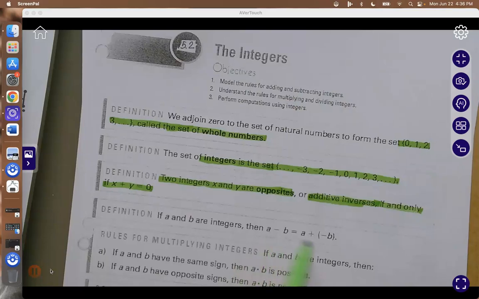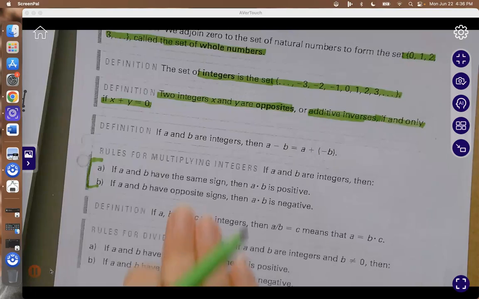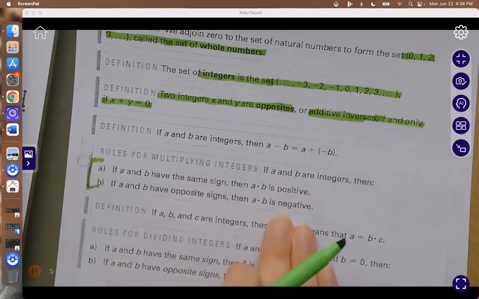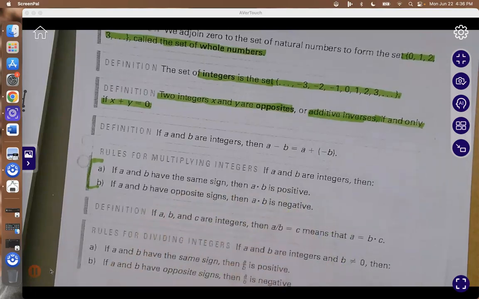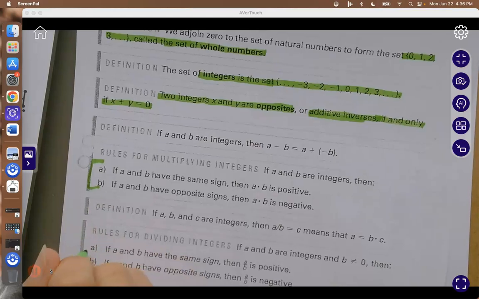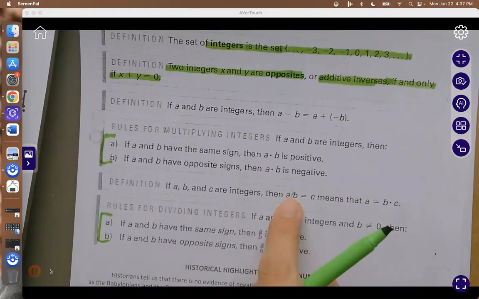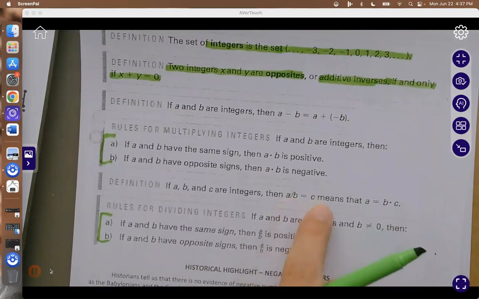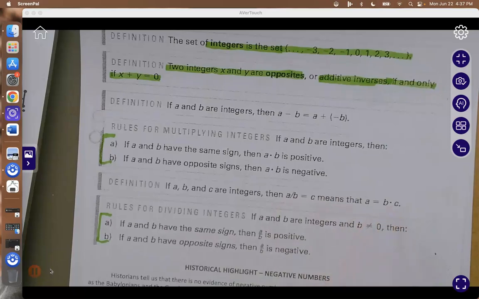When you subtract, it's like adding the opposite. These are your rules for multiplication. Some of you still haven't learned your sign rules, which is: if they have the same sign, it's positive. If they have opposite signs, then they're negative for multiplying. Same thing applies for dividing. And if you're dividing to get A by itself, then you can multiply C to the other side. Really,